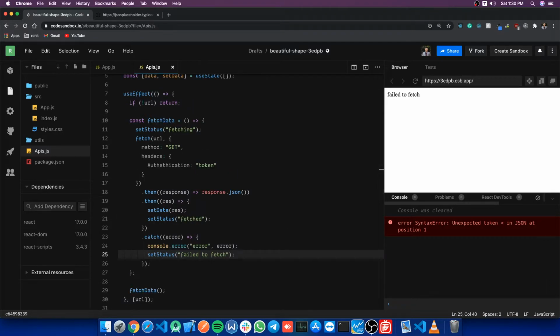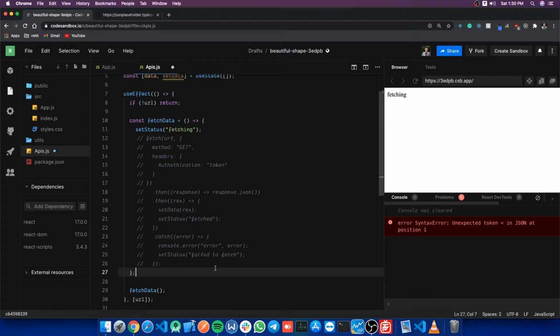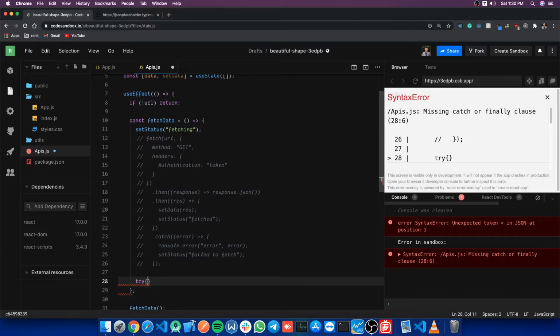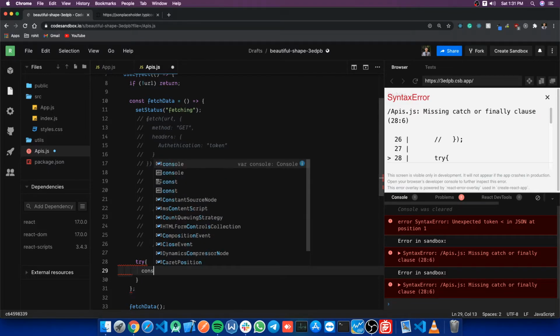But in ES6 we got async and await also. So how will you convert it into async await? Let's just do it now. I will just comment this much. After that you will first create a try and catch block. Simple. Try means that inside the try block you write code that might throw an error, so I'll write try, and inside of that try